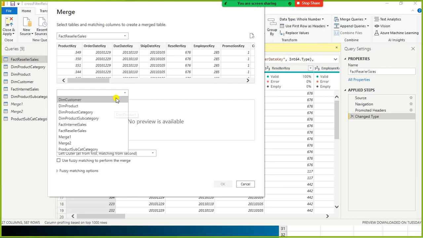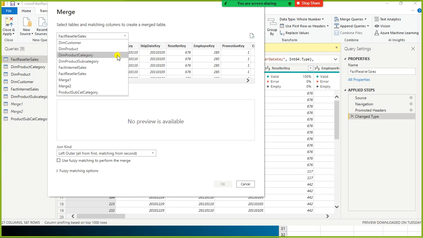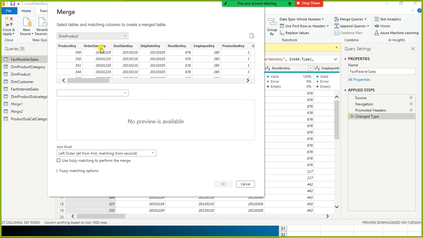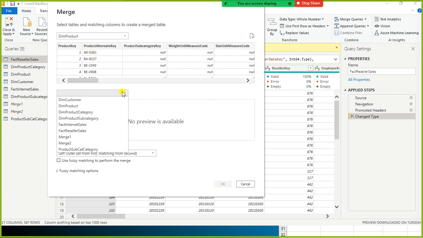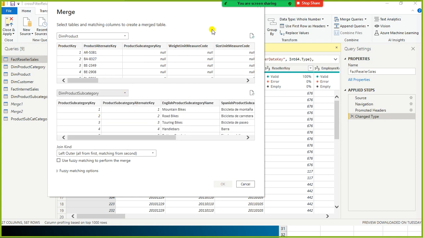Here we want to combine. First we will merge product and product subcategory. Here I am going to use a left outer join. You need to specify the relationship between these two tables.